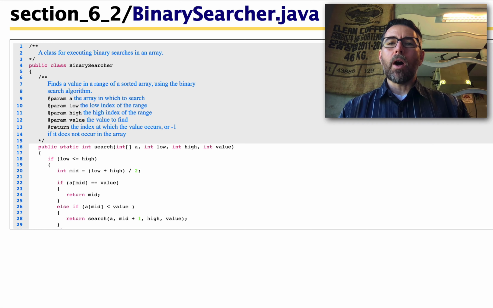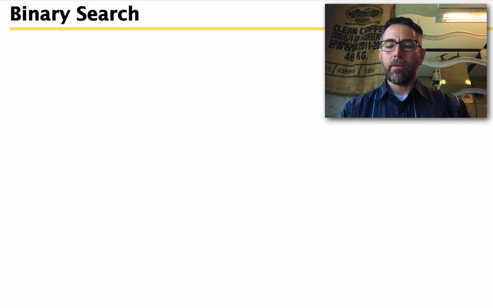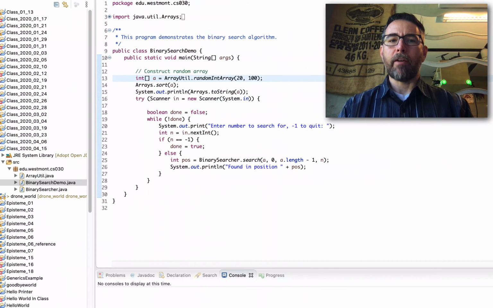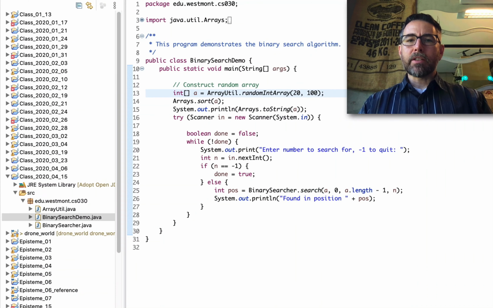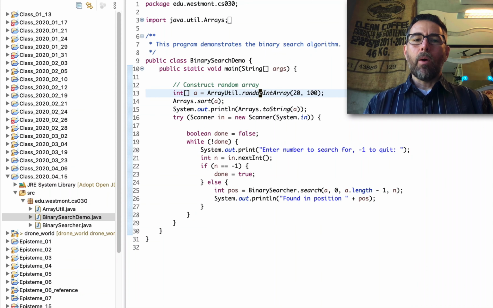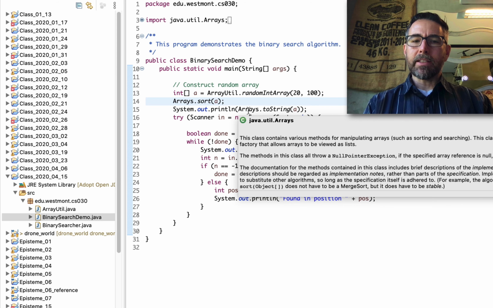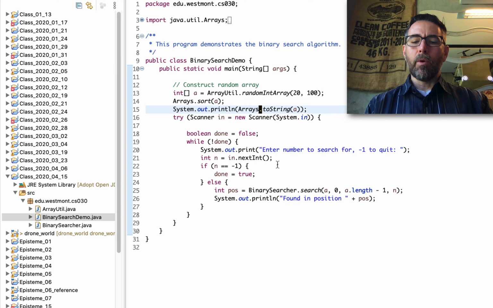And what I want to do is walk through an example of the code in Eclipse and show you how that works using the binary searcher code here. Let's take a look at that before we look at the runtime of it. So here's our demo. This is our driving class. For the purposes of running our example, we're going to create a random array with 20 elements in it that contain integers between 1 and 100 chosen randomly. Then, because binary search requires our array to be sorted first, we're going to sort that array here in line 14. So that we can see what's happening, we'll print it out,